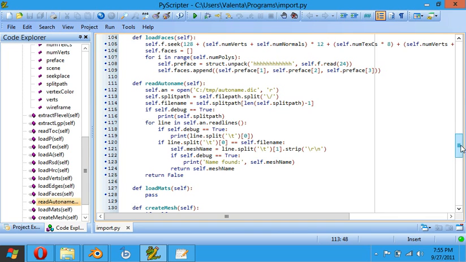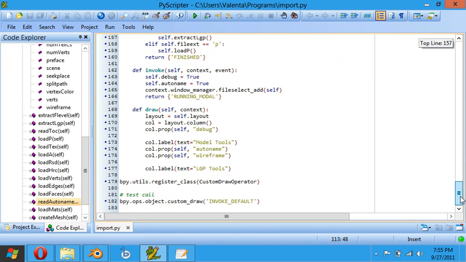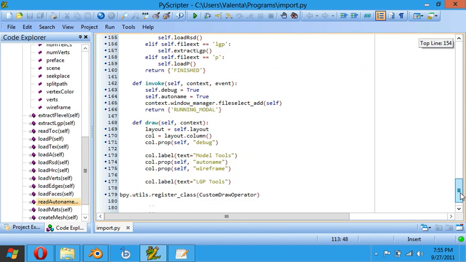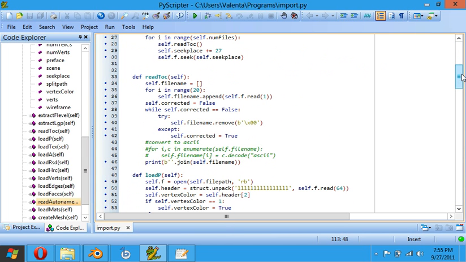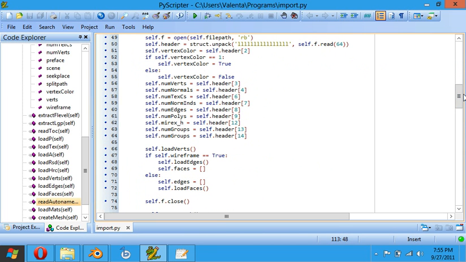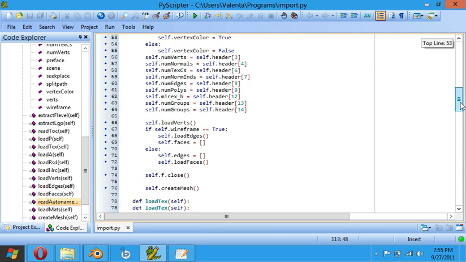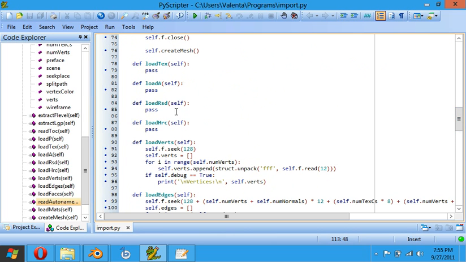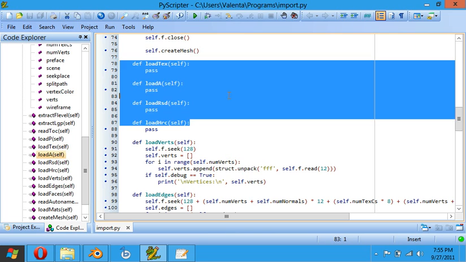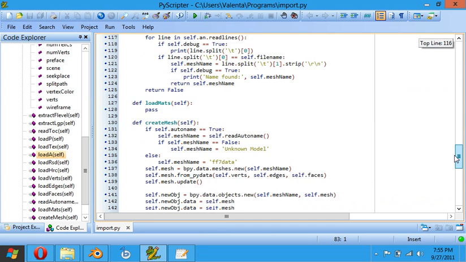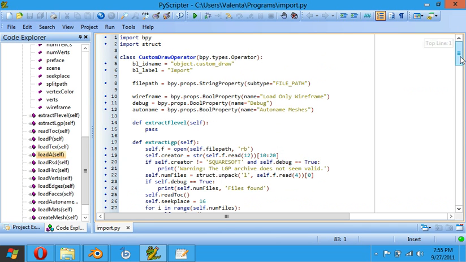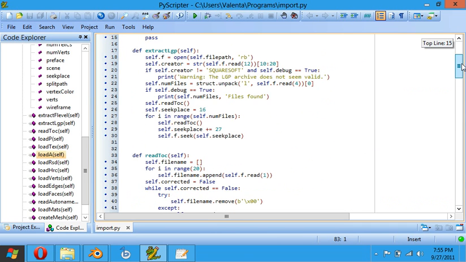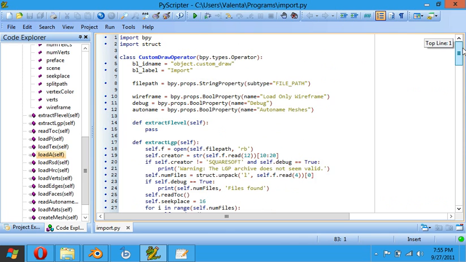I've been able to really work on it as far as being more compatible with the future changes I was going to be making, like reading the skeleton files and the animation files and things like that. So I've made it so it loads different functions based on what you're loading. It's sort of a change. Before it was just one function that did the .p file, but I was going to have to do other